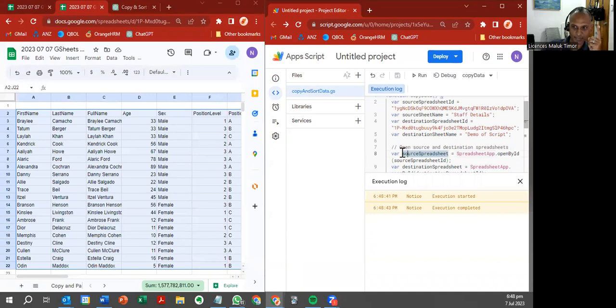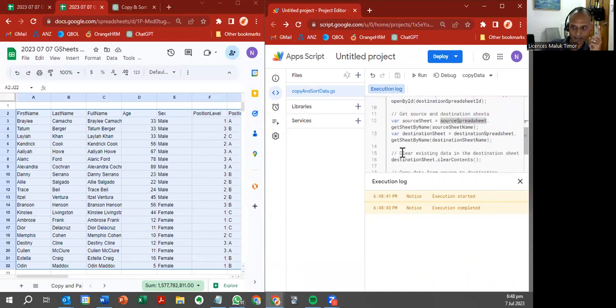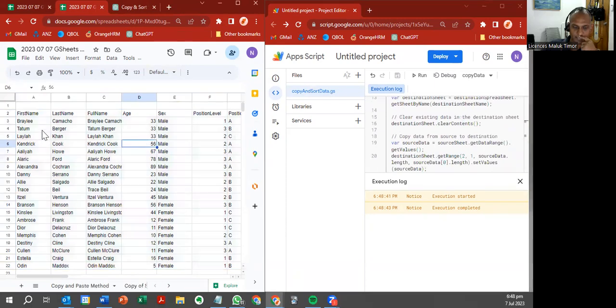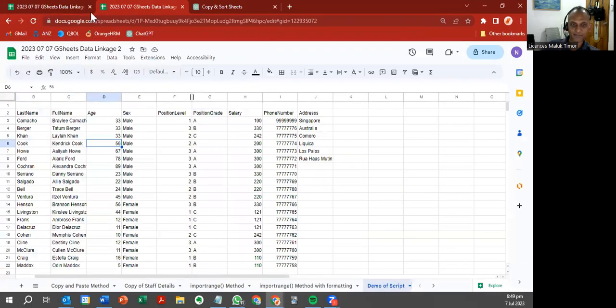Okay, I think I see what is going on. What is going on is okay. Anyway, never mind the details. But basically, it's performing what it needs to be doing by copying the data over here. And one of the advantages is that here, it is not the case that it is using an import range or link or something like that in order to